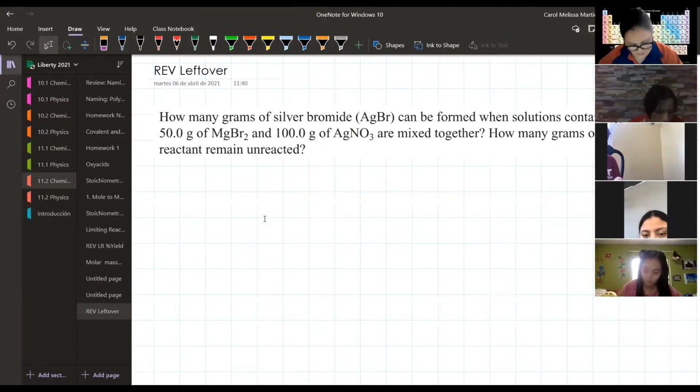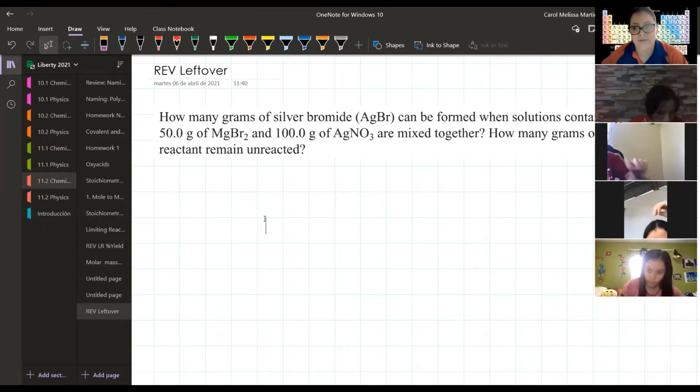Okay, so first of all, as I was saying, interesting because of two reasons. One, it doesn't give me a chemical reaction, we have to get it. And two, I need to get the excess reactant, unreacted or leftover. So I'm going to read the problem again and I will highlight the information that is going to help me to